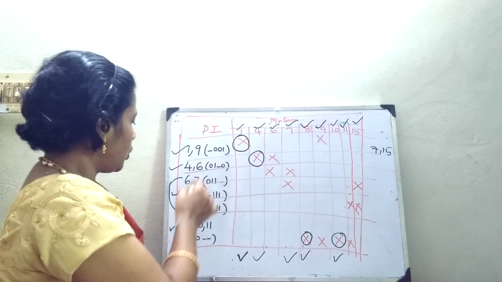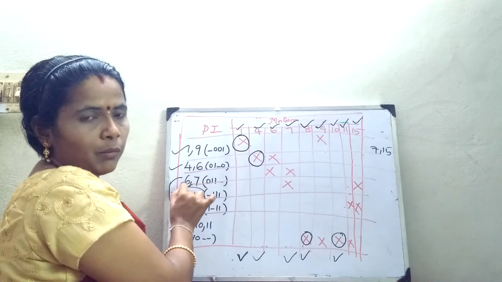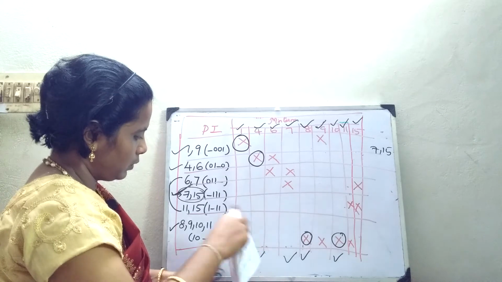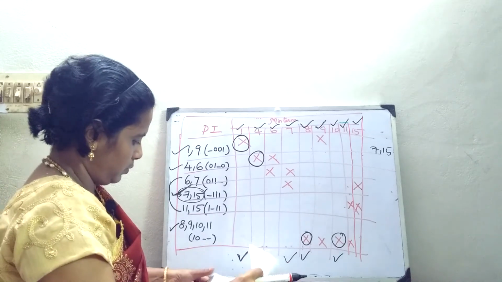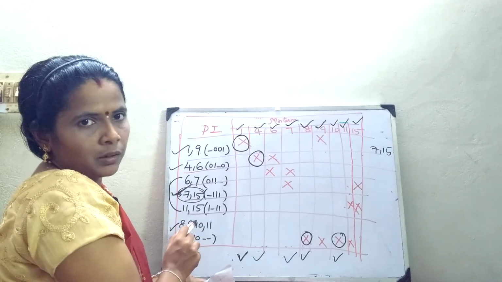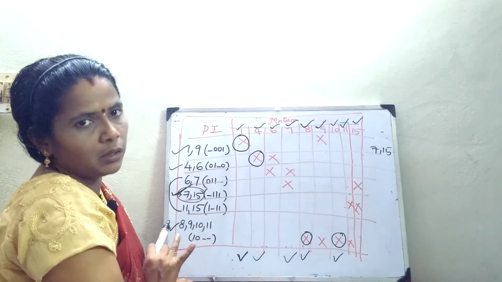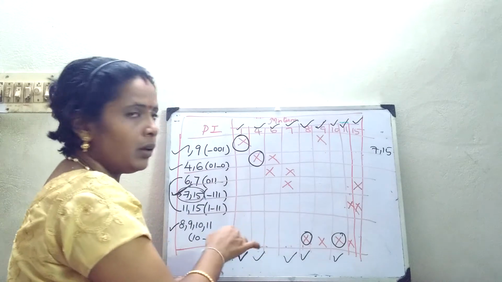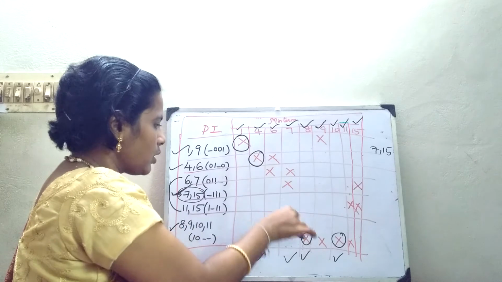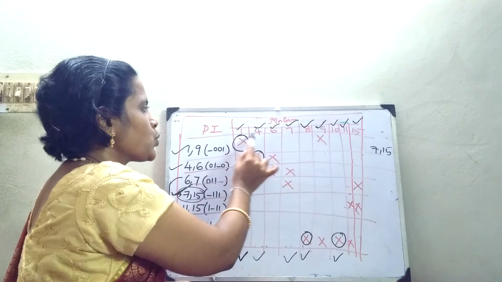Now, whatever the terms which are ticked, here they are going to be your answer. In the previous case, whichever terms were unticked you had to write, but here whatever the ticked terms are will give you the result. So what you have done in this table: write the prime implicants and make a cross. When you are putting a single cross, take the single cross column, put a tick here, and correspondingly put a tick in the corresponding values, 1 comma 9.